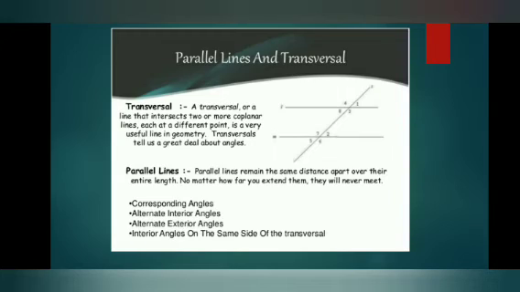You can see L and M are parallel lines and N is the transversal there. So you have 8 angles formed when two parallel lines are cut by the transversal, which you are going to learn in detail. So what are the angles? You will have corresponding angles, alternate interior angles, alternate exterior angles, and interior angles on the same side of the transversal.